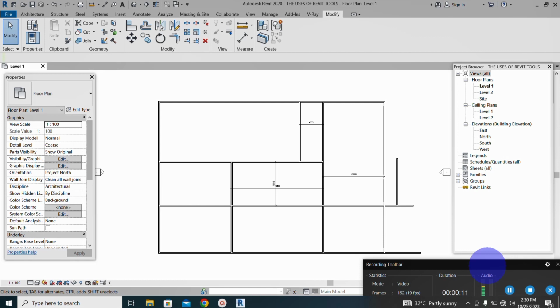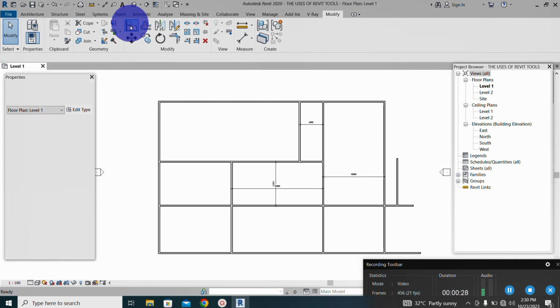Today, I will be teaching you the uses of Revit tools. The first tool we are going to be looking at is the Align tool. Looking at my cursor, this is my Align tool. Now, if you want to use this tool, all you need to do first is to click on the tool